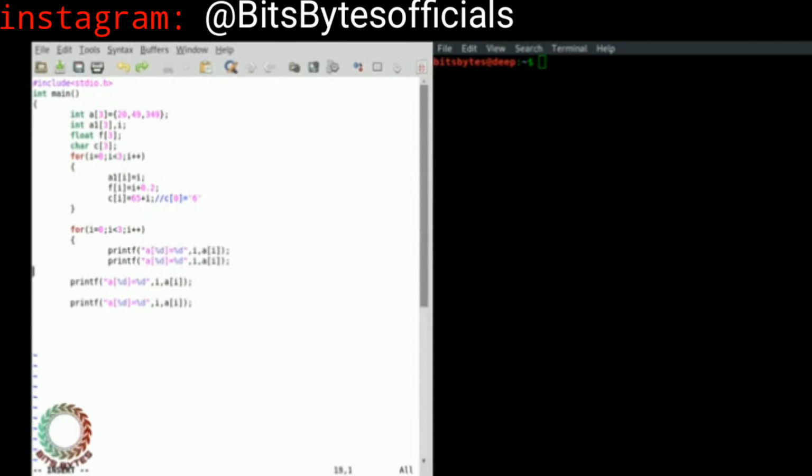I have 4 arrays, that's why I use the ruler. It is similar, but something is different over here.